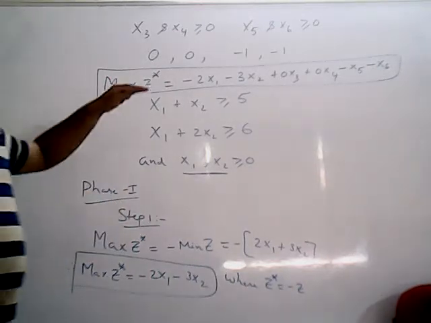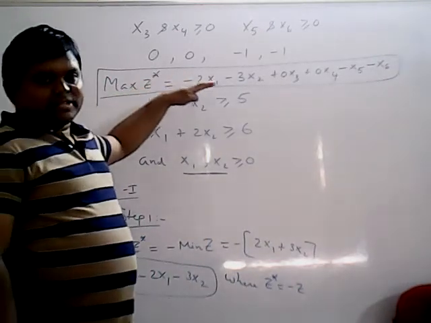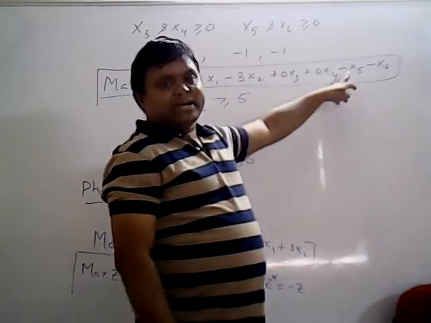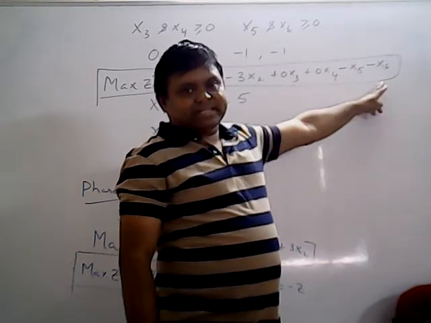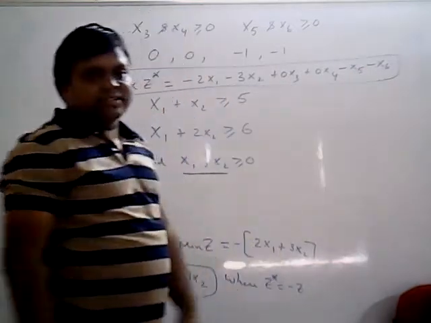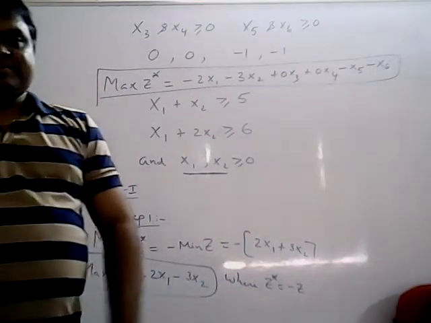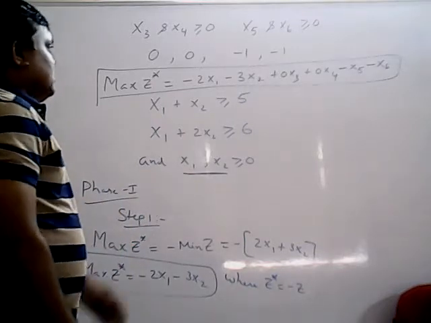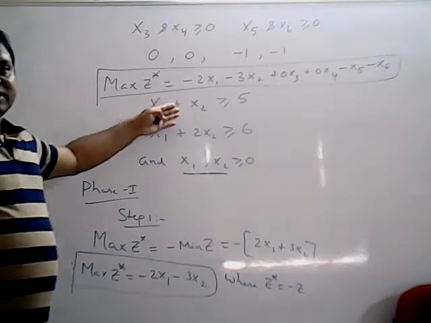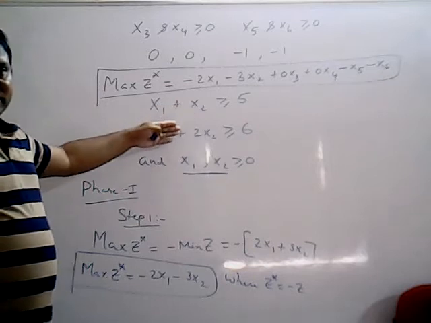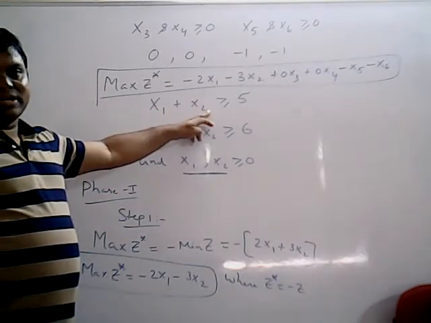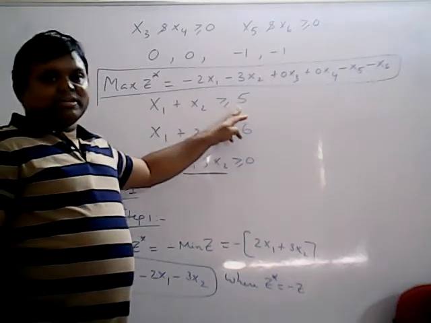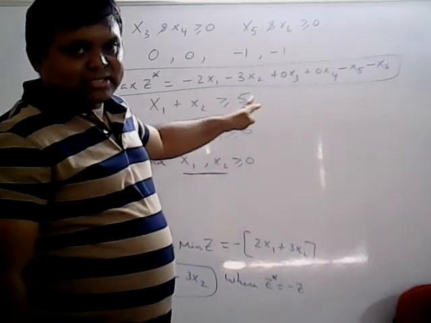Up to this, the Big-M method and the two-phase simplex method are the same. In the Big-M method you get minus Mx5 minus Mx6; in the two-phase method you get minus x5 minus x6. That is the only difference. The coefficient is -1. Now first you have to convert it to standard form, and after that I will tell you the phase 1 step. Next you have to convert the inequalities into equalities, by introducing slack variables and surplus variables.